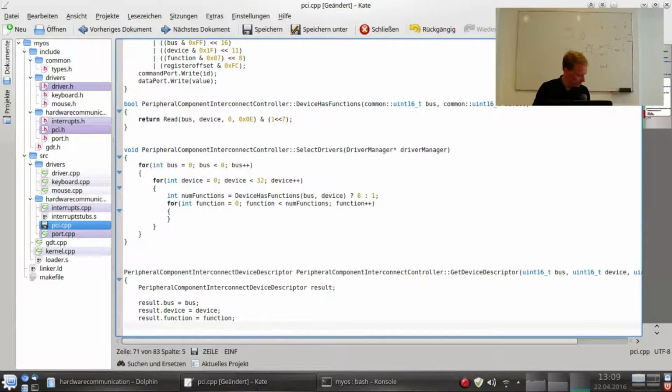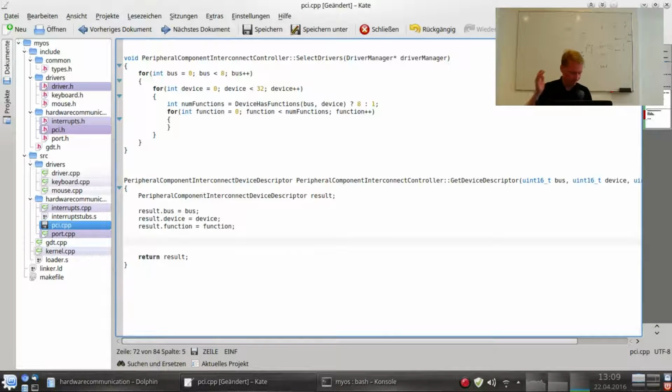Okay, these are just copied over. I mean, you could pass them to a constructor for the Peripheral Component Interconnect device descriptor object, but whatever. So